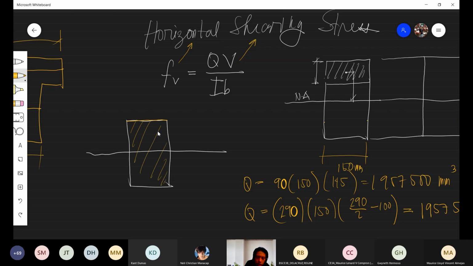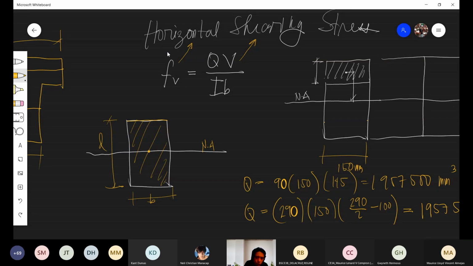So, this distance times this distance, di ba? Times the distance of the centroid of this area from the neutral axis. Since this is your neutral axis, di ba? An imo neutral axis nga nan iya centroid mismo adahan neutral axis. So ibig sabihin wala niya moment arm. So an imo valuehan Q is 0 if you are considering the outermost fiber. Okay? If you are considering the outermost fiber, the value of Q is 0, and that means your FV is